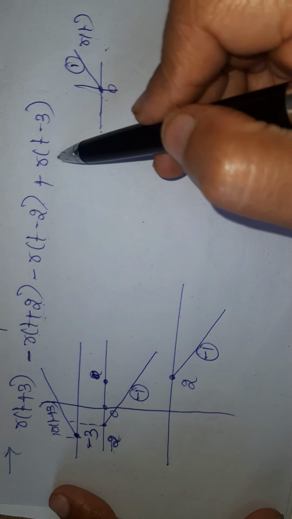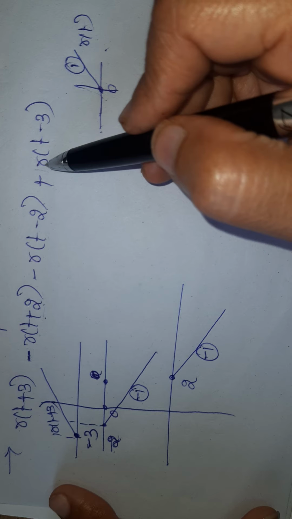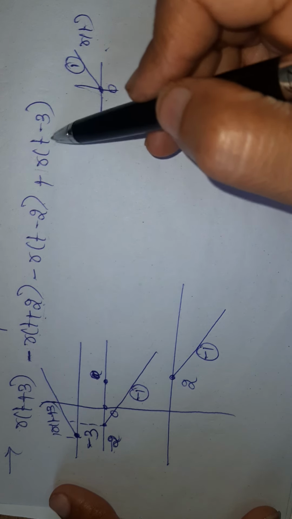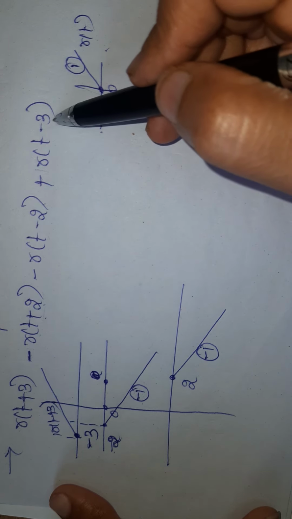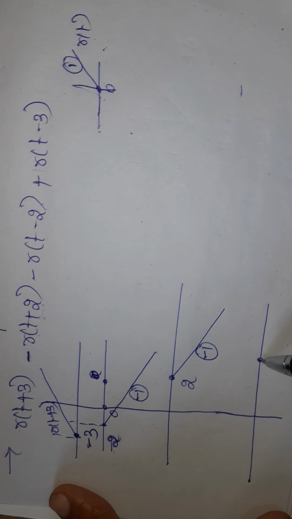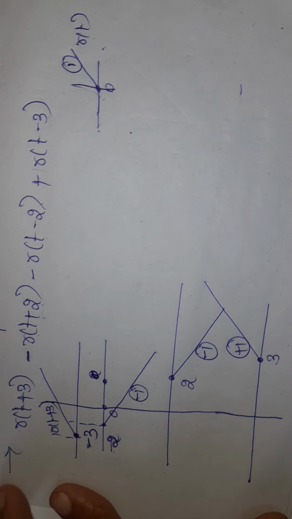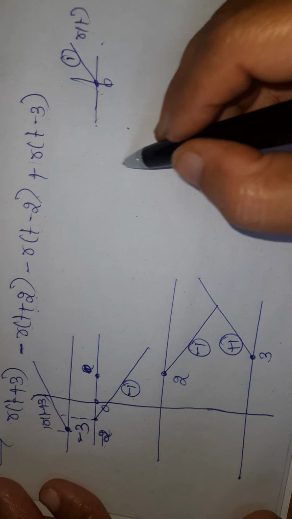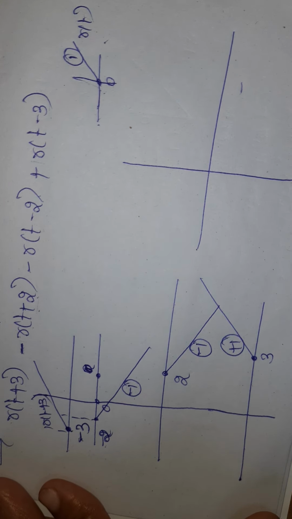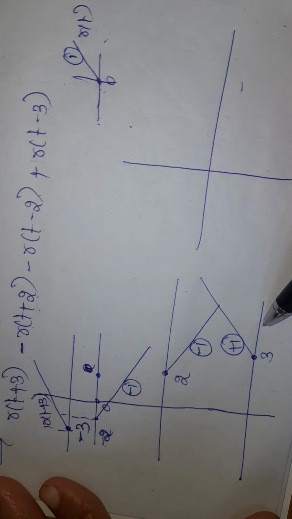Next, what is the signal I am having? r of t minus 3, but which is having plus slope. Minus 3 means it is delayed version, delayed by 3 units. So next signal will be like this. This is plus 3 and it is having the slope plus 1. Okay. Now I want to draw a resultant signal by adding these 4.